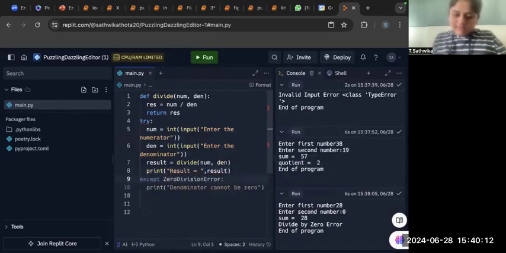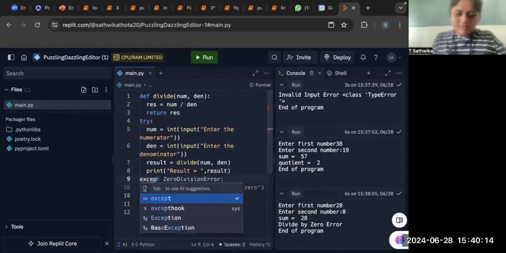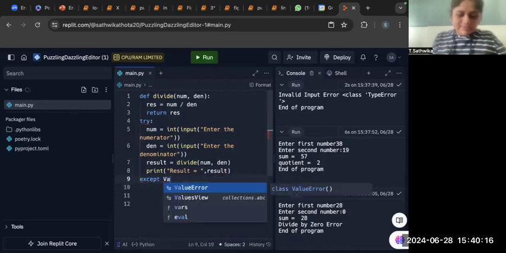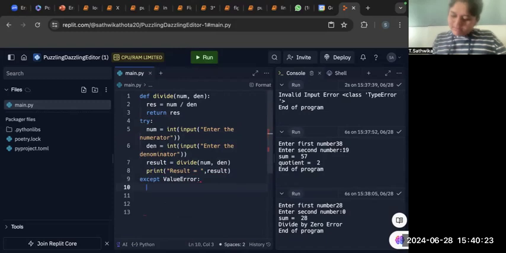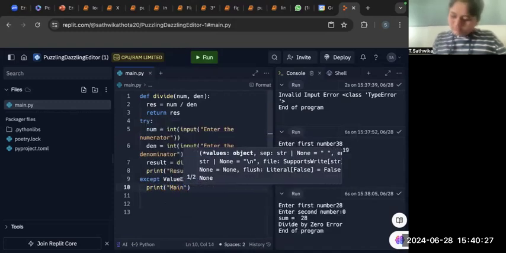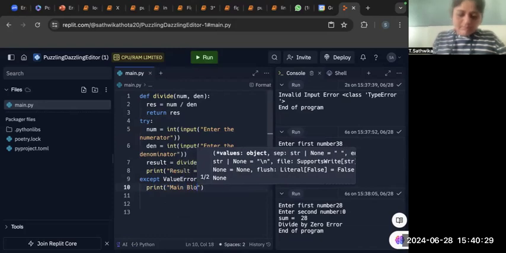Then let's raise an exception of ValueError. There is print main block